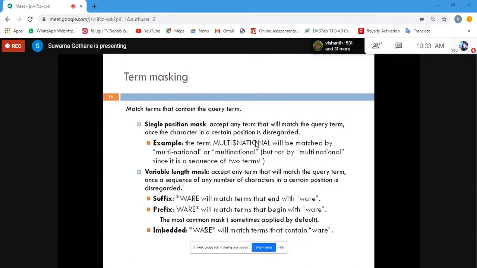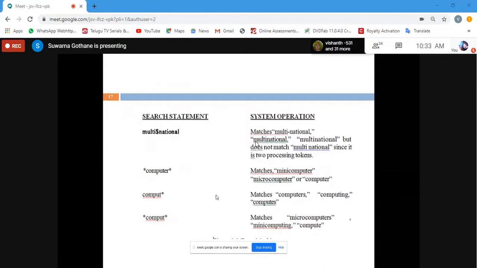So here, don't consider this side star, this is wrong. Only the beginning star you considered. Look at this example and you will understand. So computer: compute star computer. It matches anything we can apply before, so before I may apply mini computer, microcomputer, or any other, right?